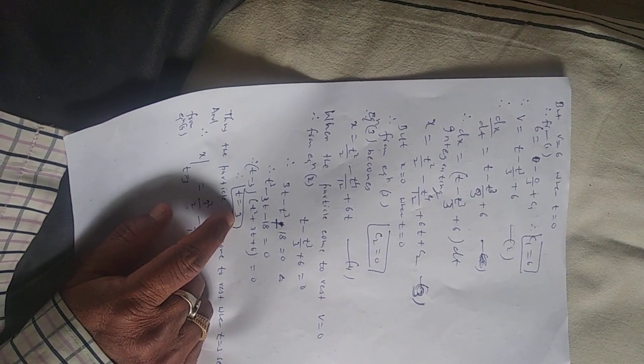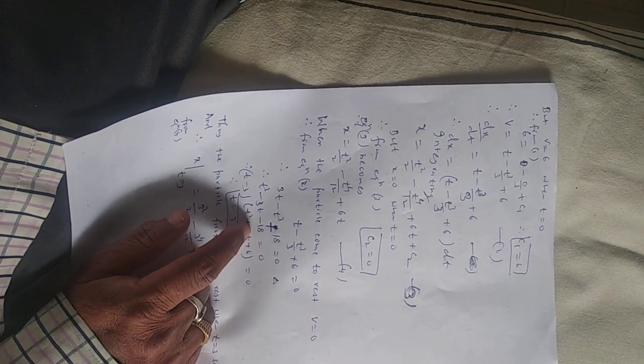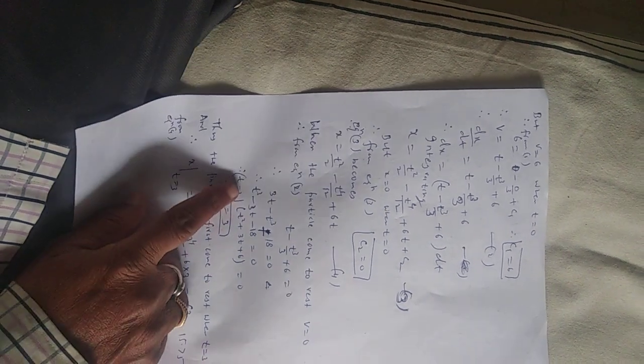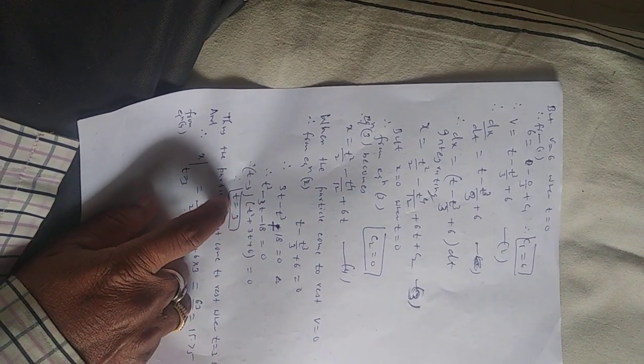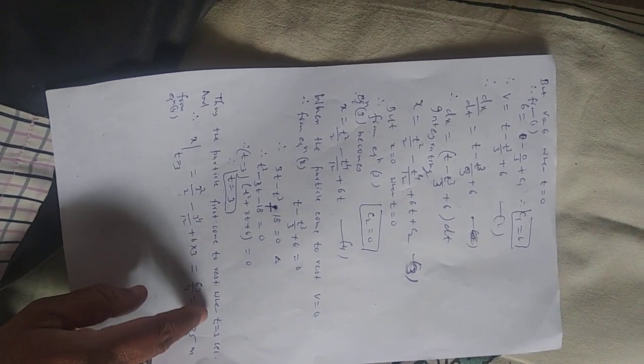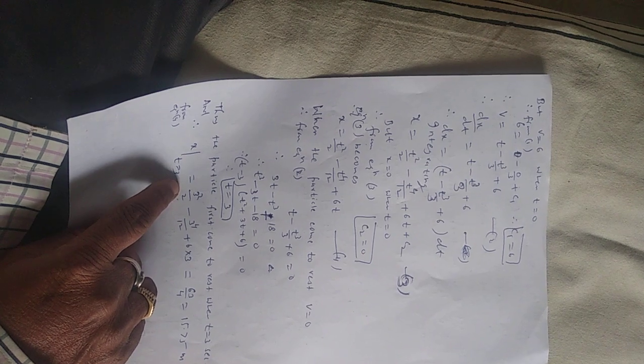the value of t as 3, because the other factor will not be valid. It will give a complex or imaginary t, and therefore we consider only the value of t as 3. Therefore the particle first comes to rest when t is equal to 3 seconds, and therefore from equation 4